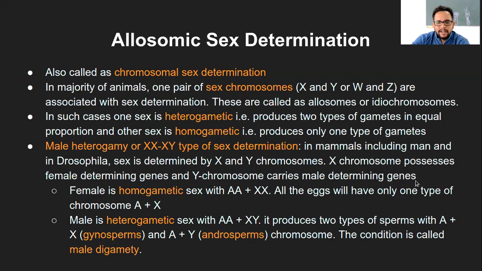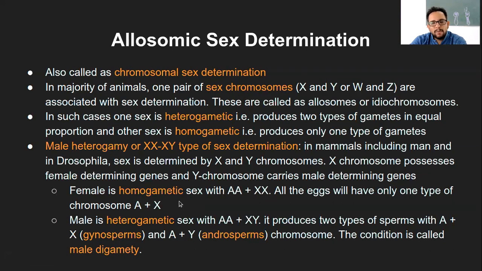And that way, now let's assume the female is homogametic. Again, I assume you would remember the meaning of this. Homo means same, gametic means producing the same gamete. So it will have autosomes, that is AA, that in human it will be what? This will be 44 plus XX.